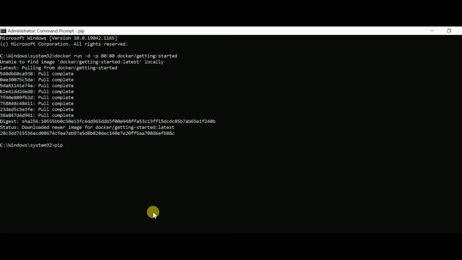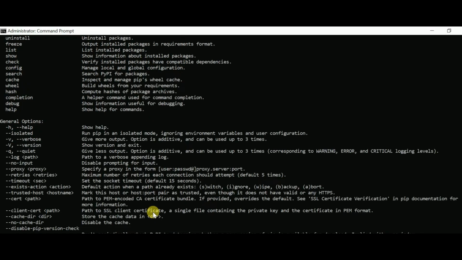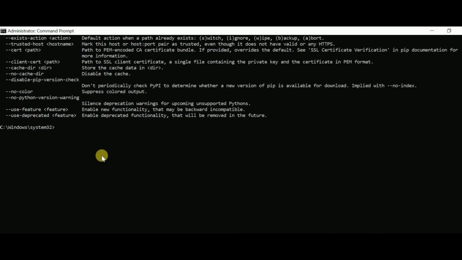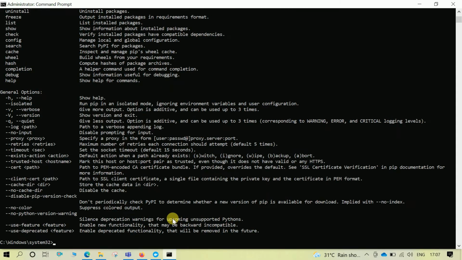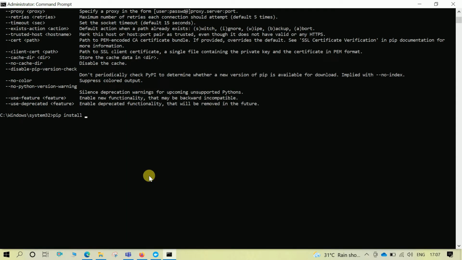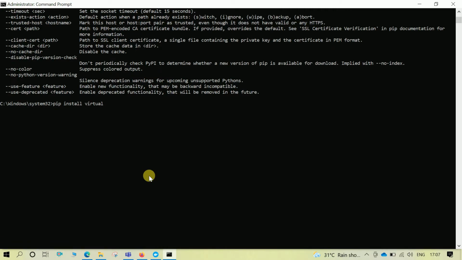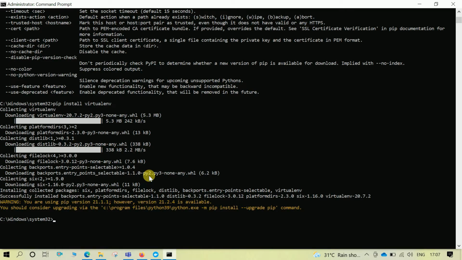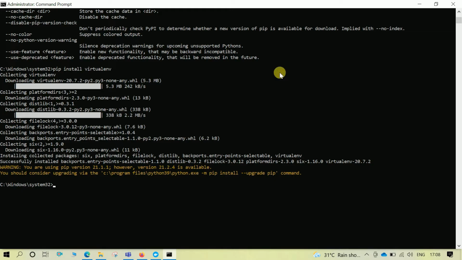Here I'll check that my pip package manager is working fine. Now I will install virtualenv using pip install virtualenv to create a virtual environment named AIwork to install datmo in it.